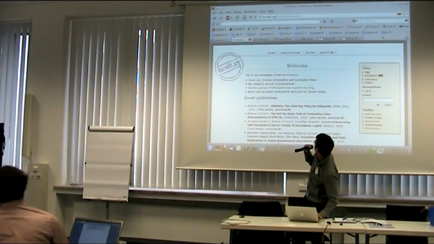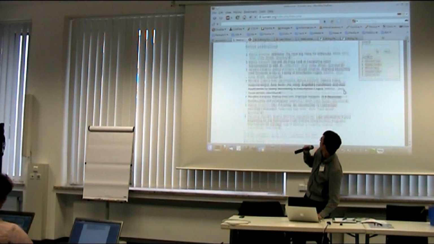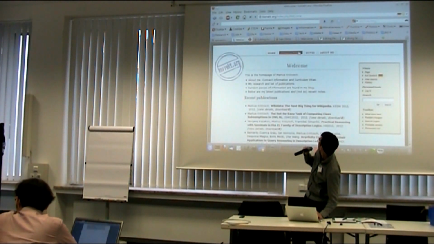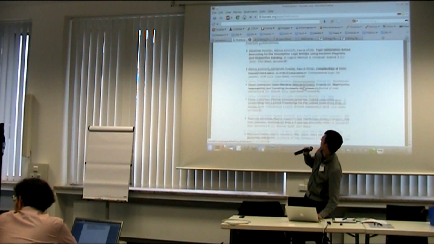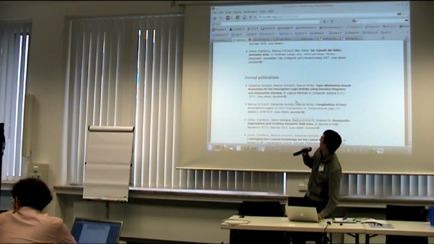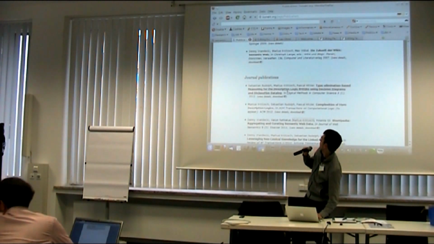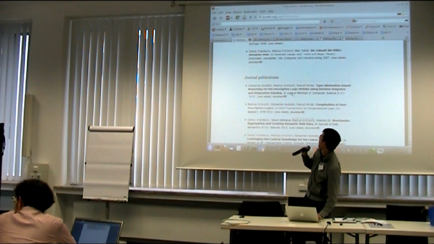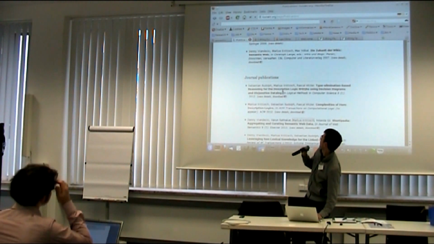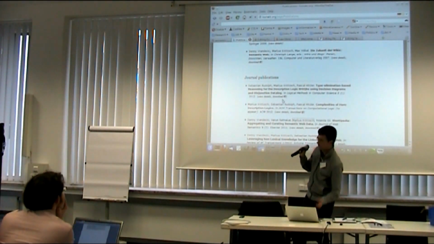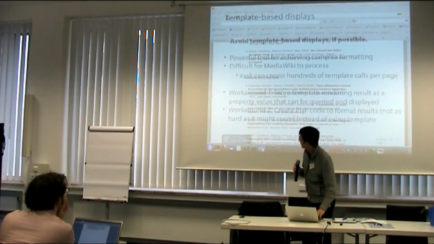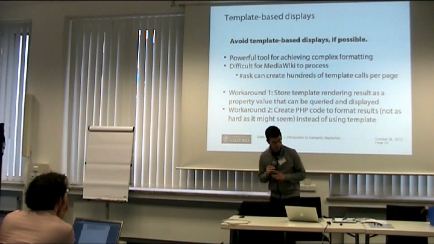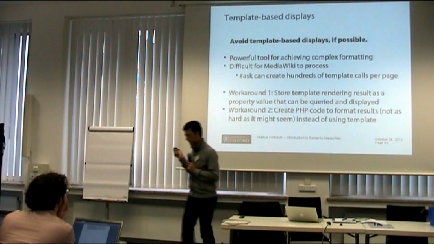Let's just go to my homepage here, which is also Semantic Wiki. Here you see a list of publications, and this list of publications is all created by Semantic MediaWiki. You can see a publication is not formatted like a table, it's not formatted like an ordered list. It has a special format where the authors are first, and then there's a title, and some things are linked, and then there are other links. You cannot do that with a default format, so it's nice to use templates for this, and Semantic MediaWiki allows you to do that, but